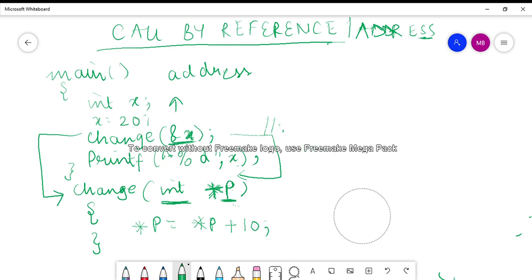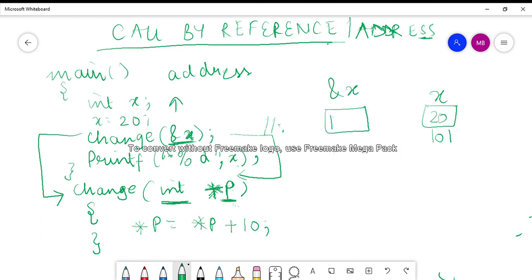Say for example, the value of x is 20 and x is stored at a memory location 101. So if p is a pointer variable to x, first of all x means 20, but when I say ampersand x, that means the address of x, which is 101.